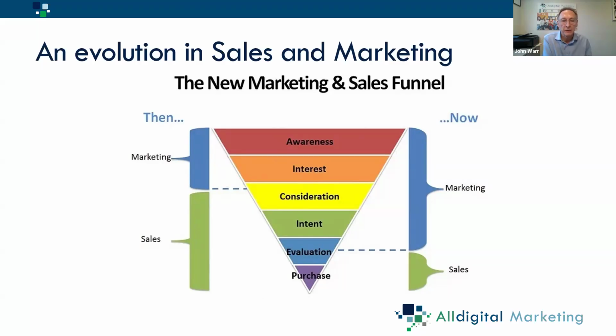But there is a blur, and I have an issue with diagrams like this, where you can see a dotted line where marketing finishes and sales takes over. And I guess what we're going to talk about today is: is that the case? Is that how the buyer buys? And should we not be seeing it as a much more seamless process, from the perspective of the customer and from the company that is trying to sell a product or service to that prospect?